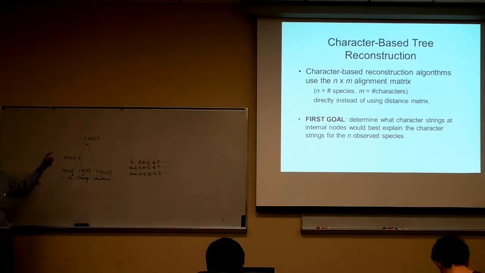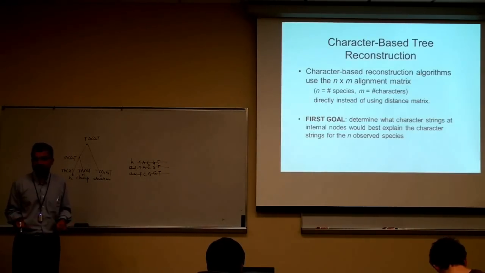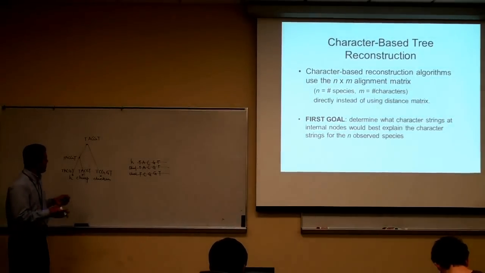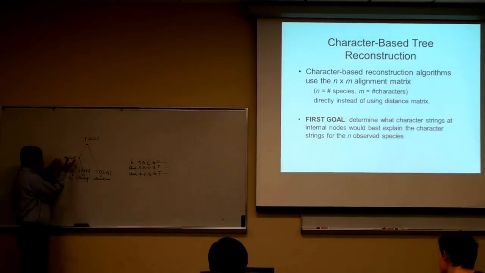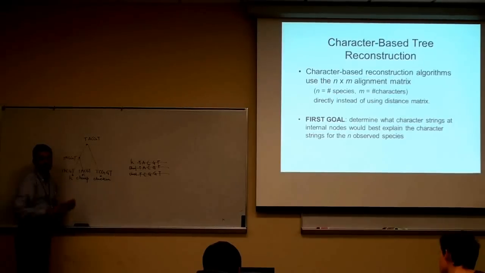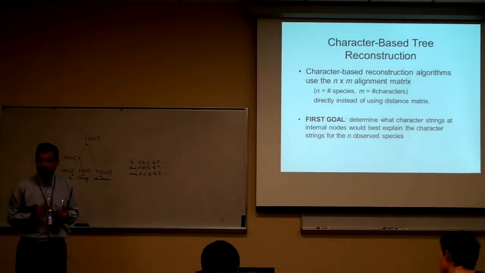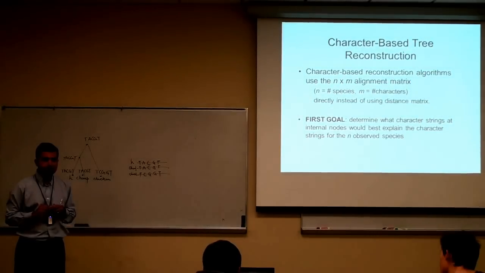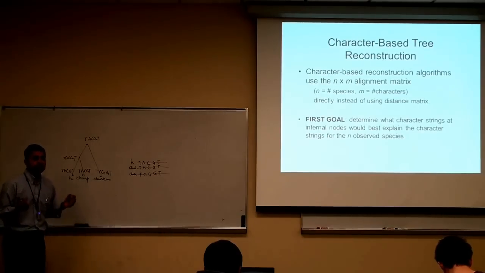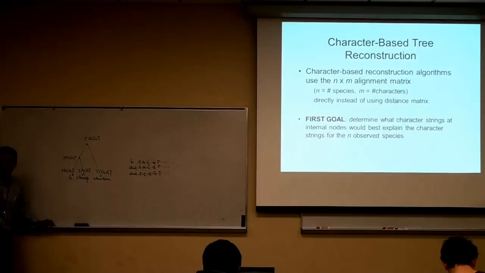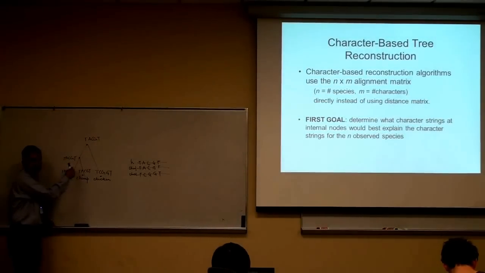It's not known what these internal node sequences should be, because you don't have those. But your goal is to find a tree and to assign labels to these internal nodes. This is another way of phylogeny reconstruction, because you are trying to reconstruct the entire evolutionary history. You're trying to guess what really happened